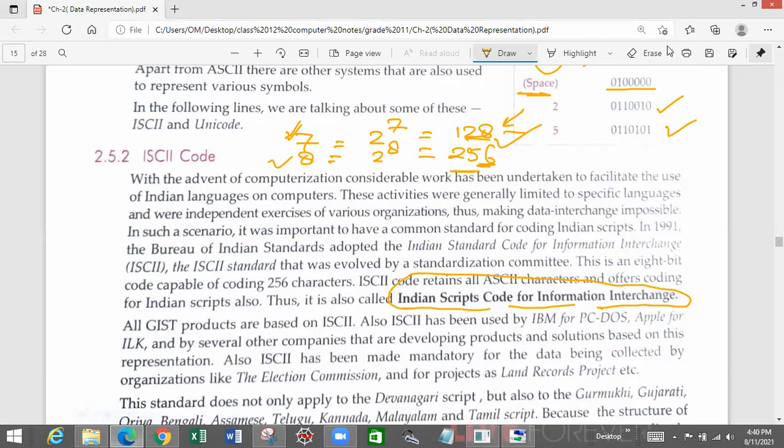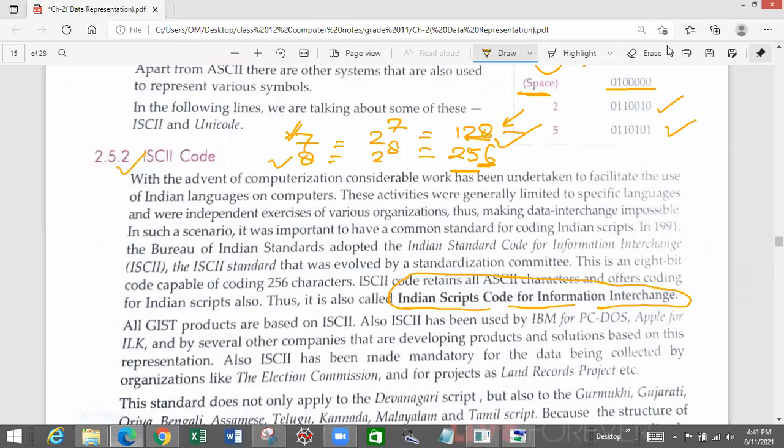Mostly you will see that all the keyboards and all the software work with general English. But nowadays there is a very big craze of using things in our own dialect. Maybe I like to use Facebook in Hindi. Maybe somebody wants to do that in Odia itself. Somebody else would like to do it in Tamil, Telugu, Bhojpuri, and so on. So how will it be possible? For making that possible, we have ISCII code.